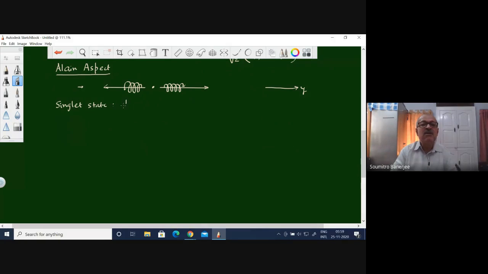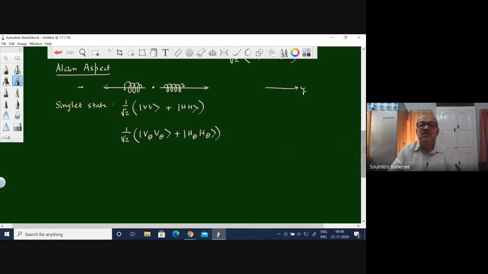The state in this case would be 1 by root 2 of both in, that means this is a positional representation. The first one, whatever I write, is the first particle. The second is the position of the second particle, which means that both are vertically polarized, plus both are horizontally polarized. So this turns out to be the singlet state. And as the character of the singlet states are, we have seen in the case of the electron, if you take another angle, which means if you take, say, 1 by root 2 V theta plus H theta,